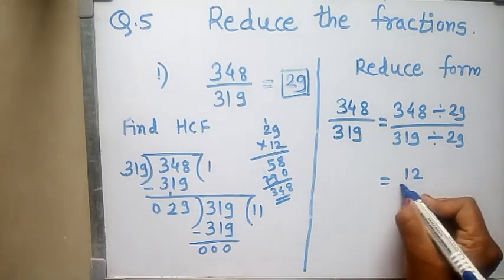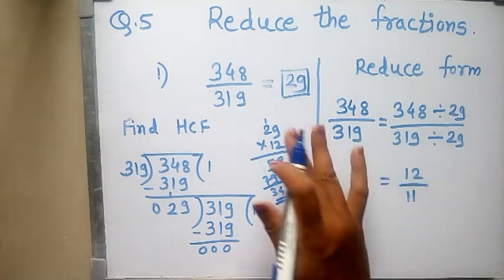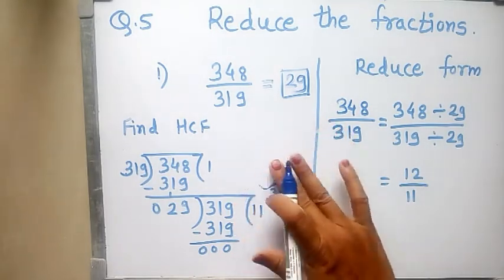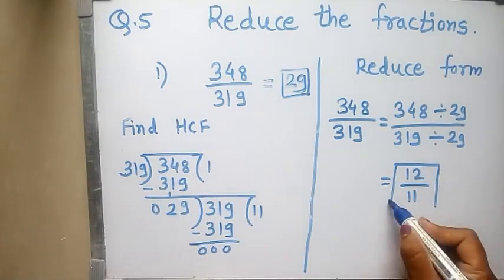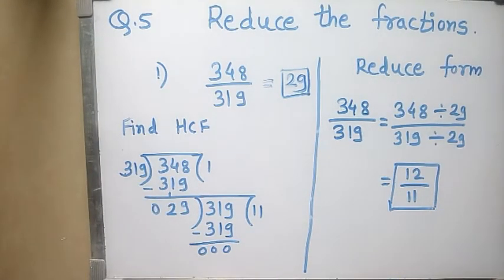Twelve is the numerator and 11 is the denominator. 12 upon 11 is the reduced form, the lowest terms of these two numbers. The second example is